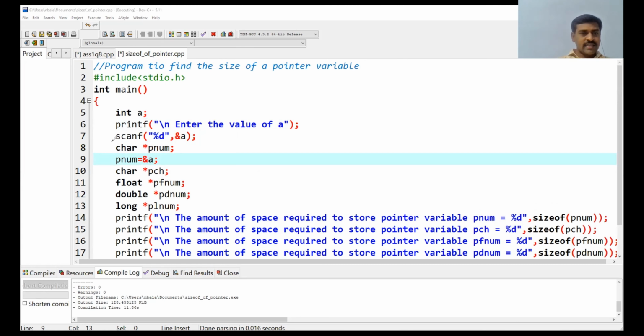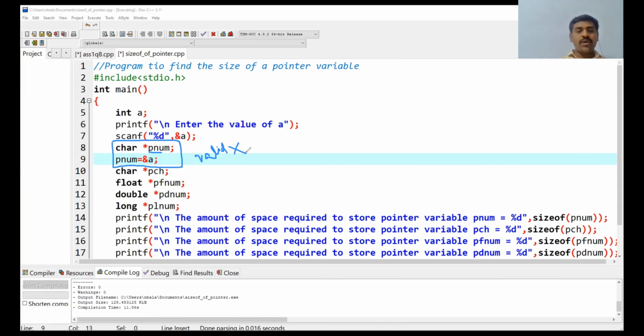My pointer variable is pnum. What type of data is it? Character. But what value am I assigning? I am creating this pointer to integer data. It is a character pointer, but I am pointing to integer data. So this is not valid in the C programming language.